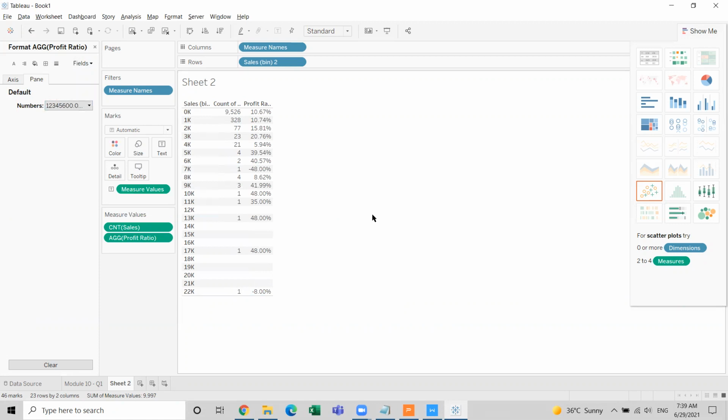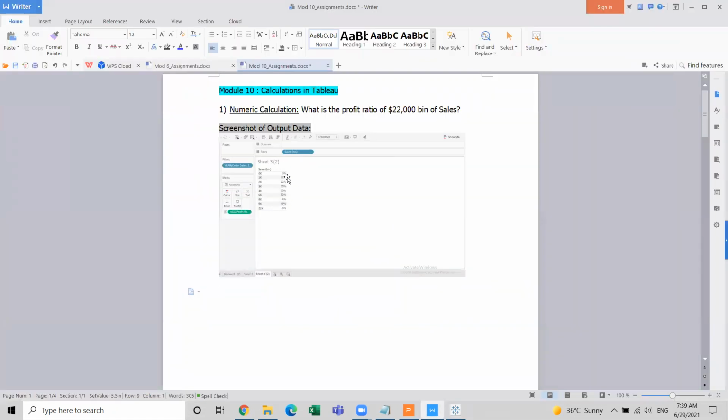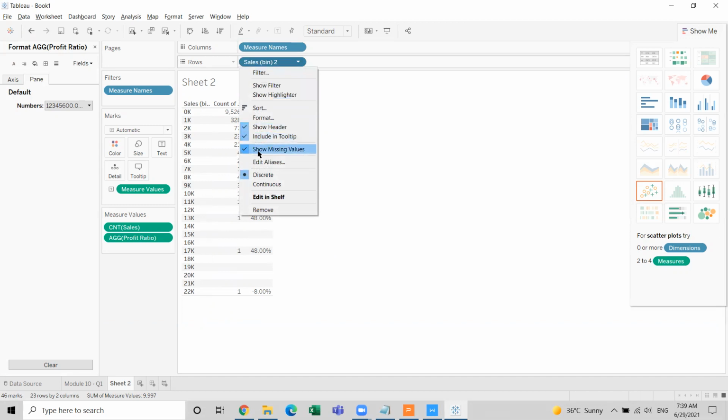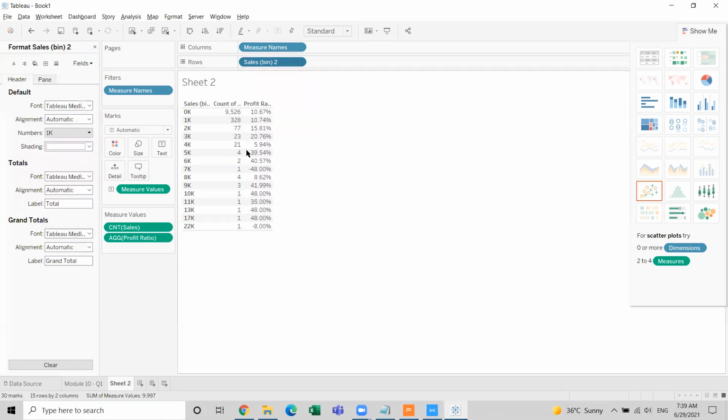But now mostly the question that I get is, in this screenshot we are seeing only this much information. Why are we getting so many nulls over here? That is because this is a bin, right? Bin is continuous. You can see that we have all the buckets here. Now you go to the bin and there's an option called show missing values. If you deselect this option, the missing values, basically nulls, will go away. So like this also you can do it. By deselecting show missing values, you can get the output which matches the screenshot given to you.